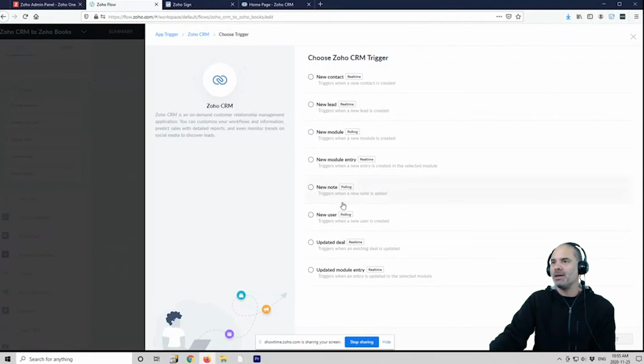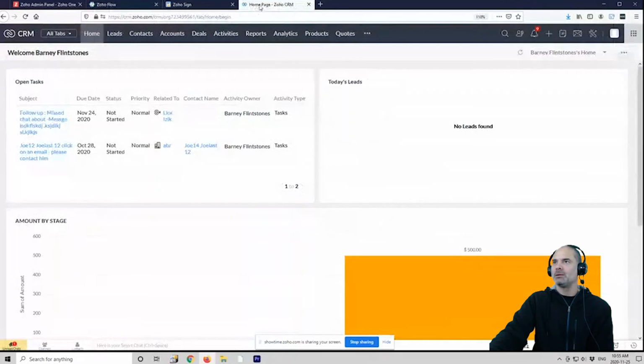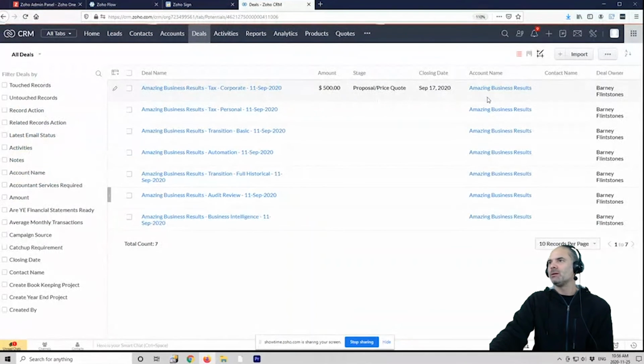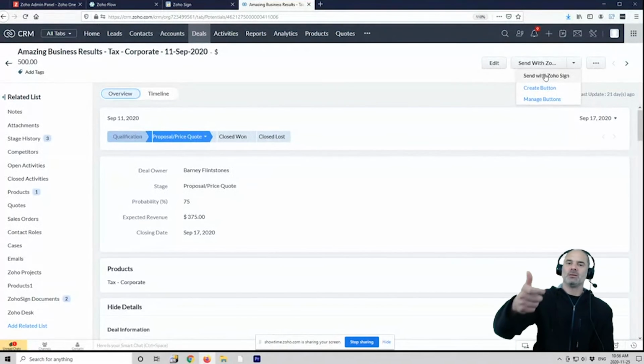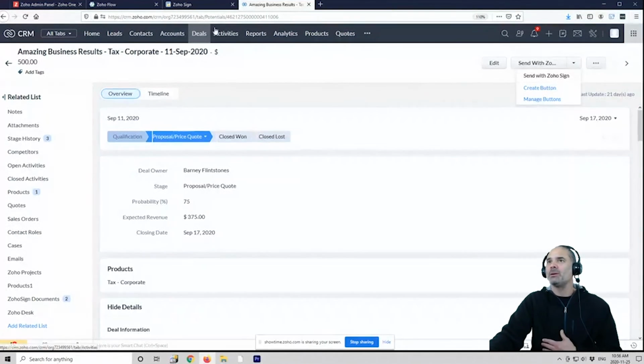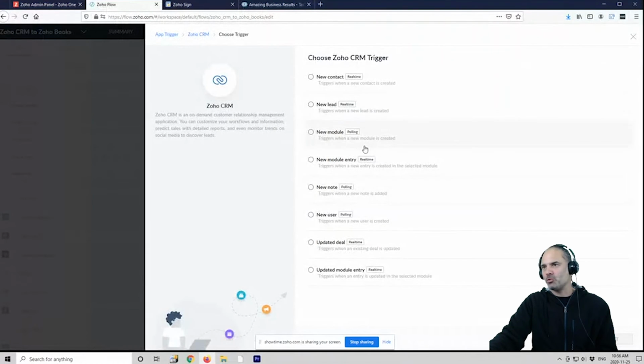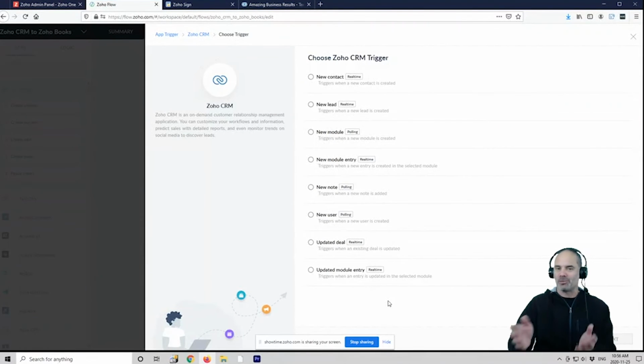Usually, I never built a flow that does it. Usually I do it using a button. If you think about it, you have a specific deal, and I will have here a button that says create invoice or create quote. And then it's doing the magic. So that's what I'm doing. If I didn't have the capability of doing it, I would probably try to do it with ZoFlow. I just never did it before. I don't expect it to be a big problem.